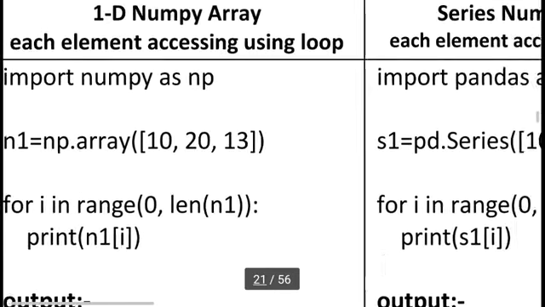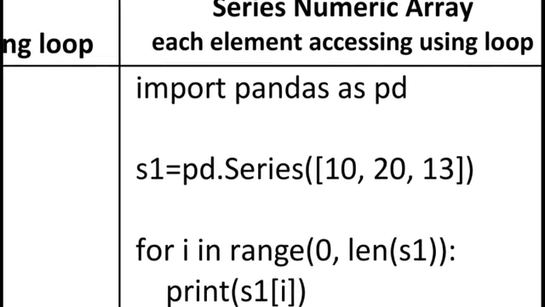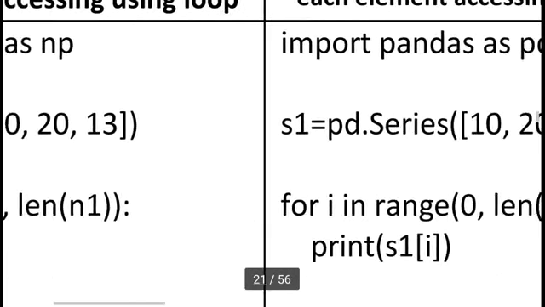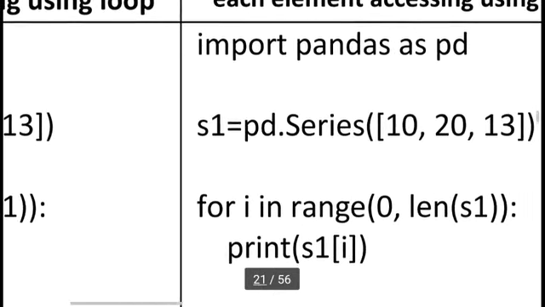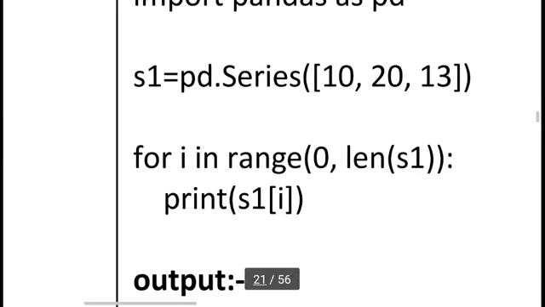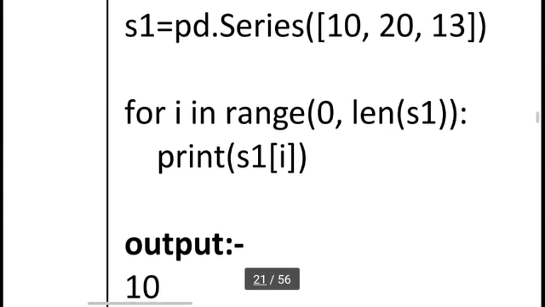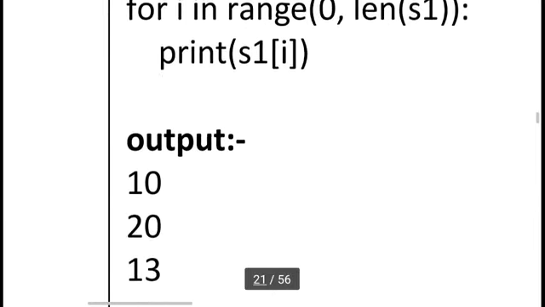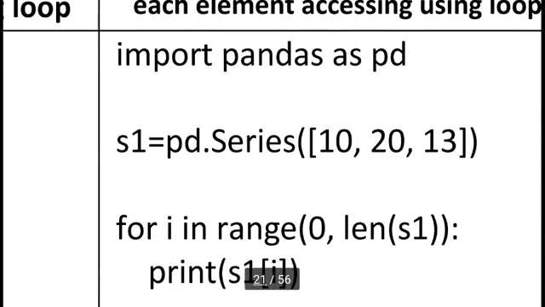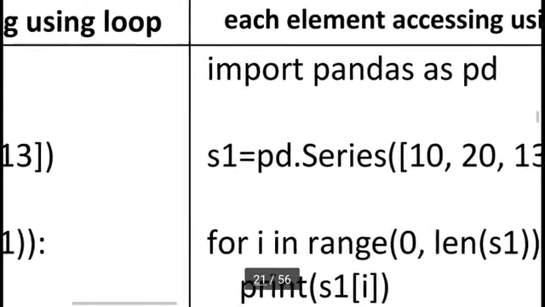The same thing we can use in a series. Here I am using import pandas as pd. Here s1 equal to pd.Series. The same example I am taking, but here I am using the series concept: 20, 30, 30. The same looping we can copy and paste. Same: for i in range(0, len(s1)) and print(s1[i]). So you can see we will get the same output, but here I am using a set of numerical values in a pandas Series using a list concept. Here I am also using a list with numpy, and here a list with a pandas Series.